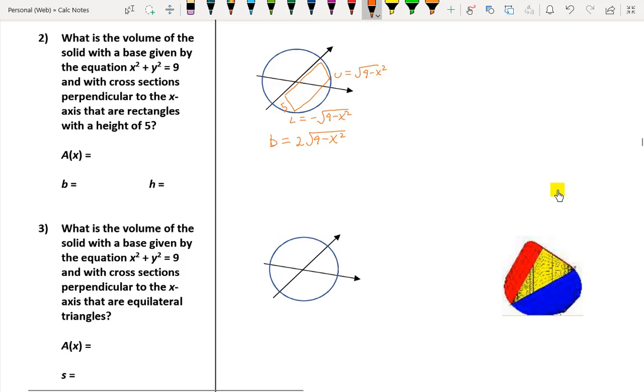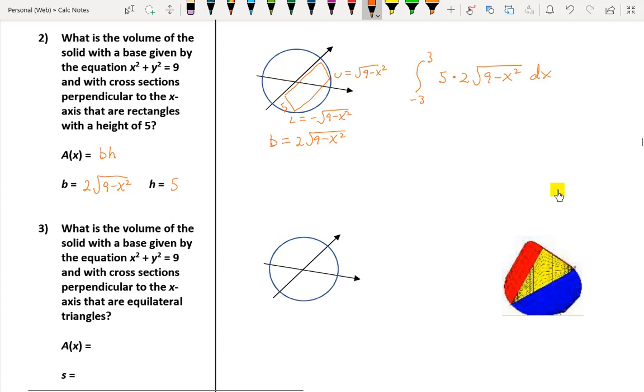Now, if I look at the area of a rectangle, the area of a rectangle is simply base times height. We were told that the height was 5. We found the base earlier to be 2 times the square root of 9 minus x squared. And so what we want to integrate here, this time we're going to integrate from negative 3 to 3, same limits here. But this time we're going to do base times height. So we're going to do 5 times 2 square root 9 minus x squared